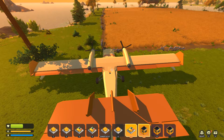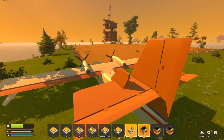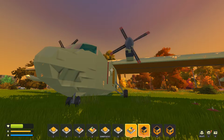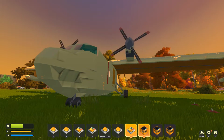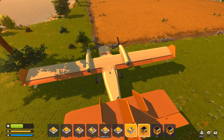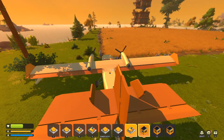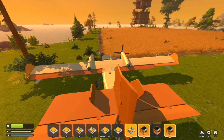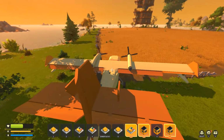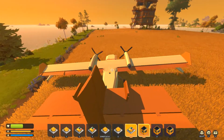Well, one little thing I've added, and that's a steering system for the ground steering. That is done. I mean, that's not really a system. It's just hooked to the seat. And also, when you've got big and heavy creations, this is not enough to turn the plane, I found out. So I got a braking system that brakes the tires left or right, depending on where you want to turn. And that's working. It's working semi good. I mean, you cannot really turn on a dime or anything, but it's good enough. We're not going to do too much taxiing with this plane, so